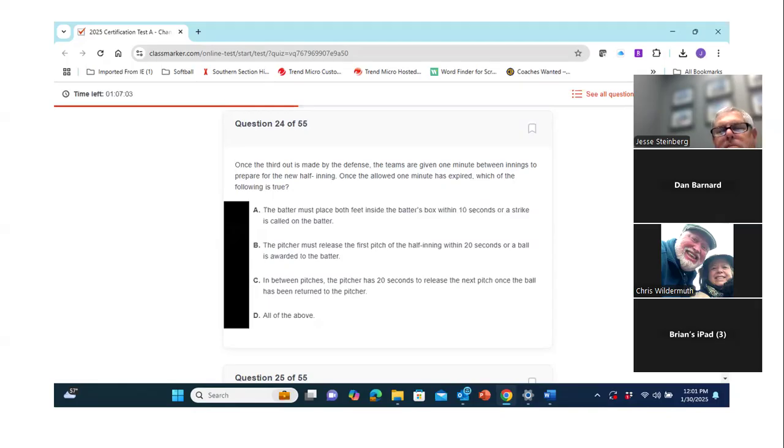I'm not trying to nitpick, but by what rule? Once the pitcher has the ball. Right? But once that 60 seconds has expired, hypothetically, the pitcher has the ball. Well, we're going to assume the pitcher has the ball at that point. That's the caveat. Okay.